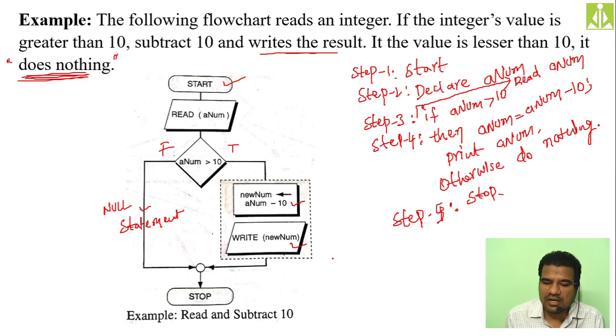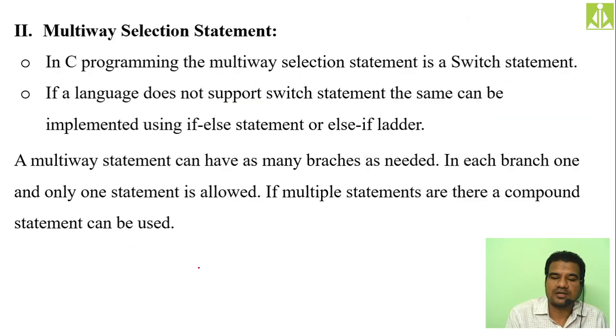Over here we are performing the assignment operation, num is equal to num minus 10. It is some kind of assignment, this arrow mark, so we used a rectangular symbol over here. Then write is an output operation, so parallelogram. Again stop is with the help of a terminal. You need to remember all these standardized symbols and read about them, because they are very helpful whenever you are going for a flowchart.